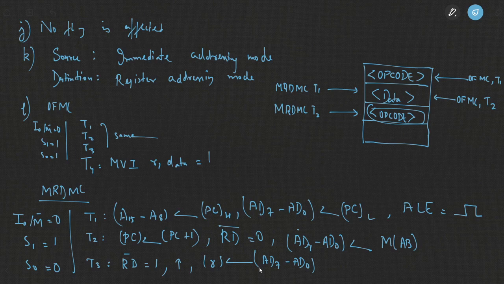The address bus has been loaded with the memory location. In this state, we are actually loading the address bus with the memory location where the data is available. Fine. So the address of this location will be on the address bus. Once that address bus is read by the microprocessor, its contents, M of AB, which actually refers to the contents of that address bus, will now be transferred to the data bus. In the T3 state, this data bus, whatever data it's carrying, will now be transferred onto the register. So this is your instruction MVI R, comma data. So this is our 4 instructions. We continue doing the instructions in the